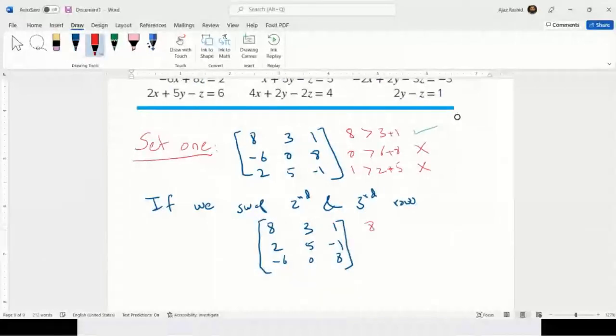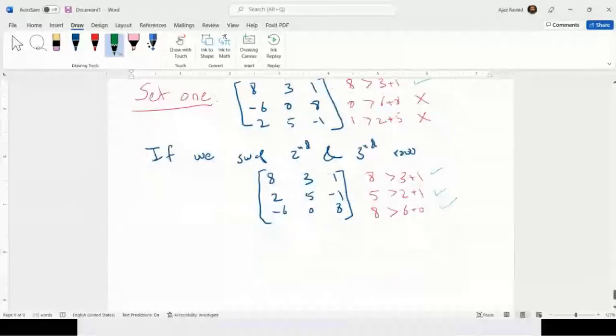So 8 is greater than 3 plus 1, which is 4. 5 is greater than 2 plus 1, so 5 is greater than 3. And 8 is greater than 6 plus 0. So our system becomes diagonally dominant, and we can see that it is going to converge,